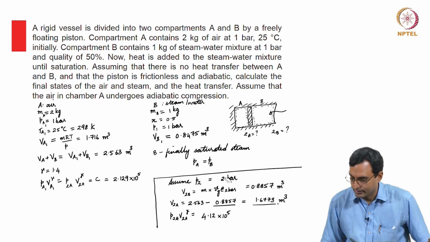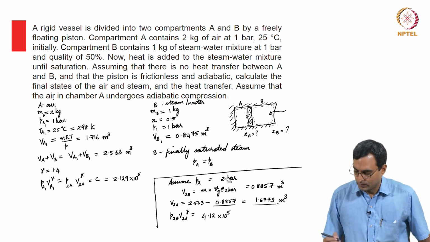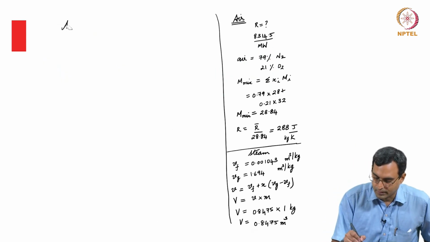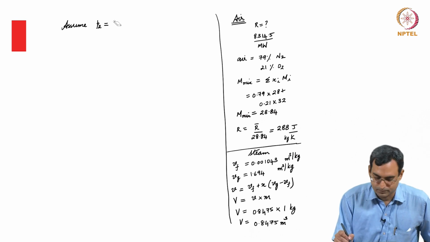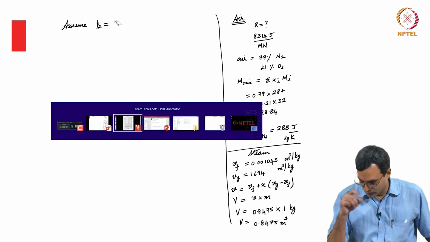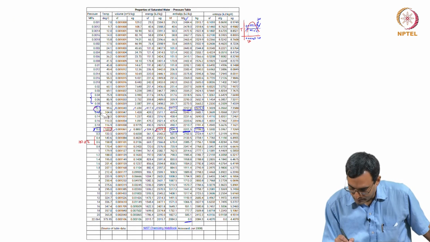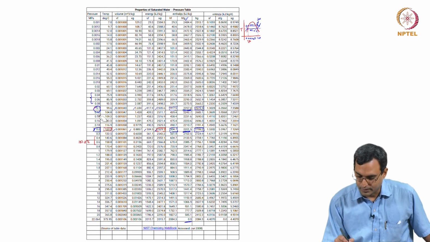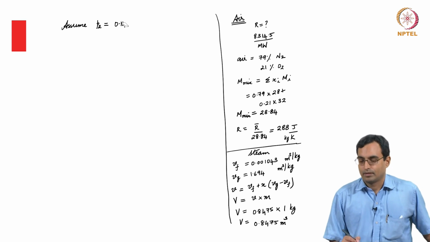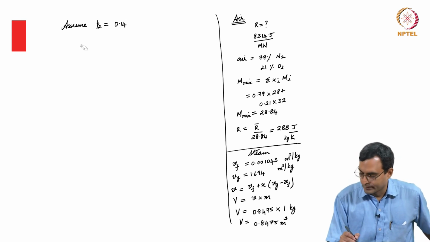So let me try again. I am going to take a value lower than this. So let me now assume, for example, P2 is some... let me see what values I have in the steam tables. Okay, I have 0.14, 0.16. Let me take 0.14 as somewhere lower. I know it is greater than 1. So let me take 0.14. So then